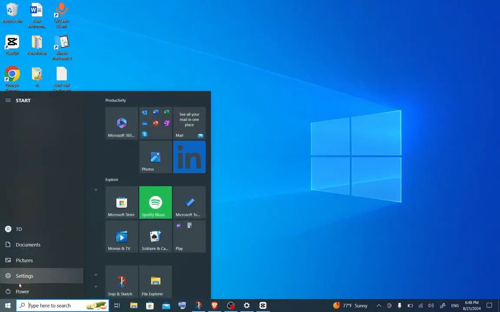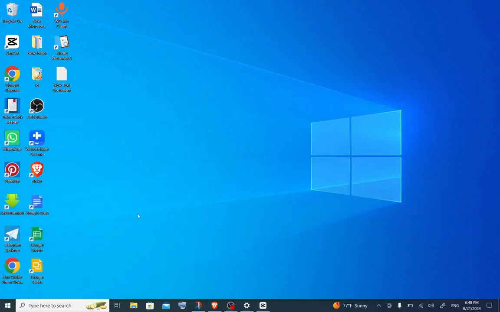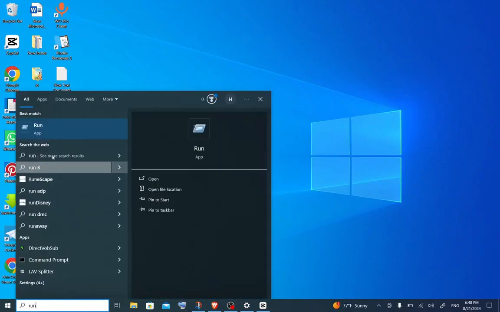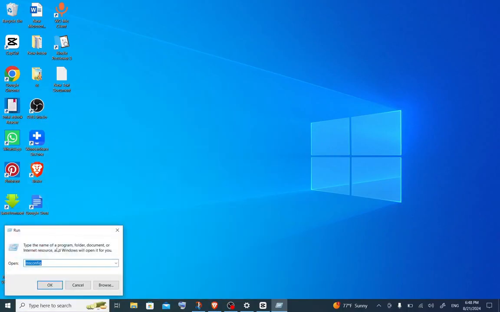And then you're gonna repeat that process. After that, you're gonna restart the PC and then go to run again and go to msconfig